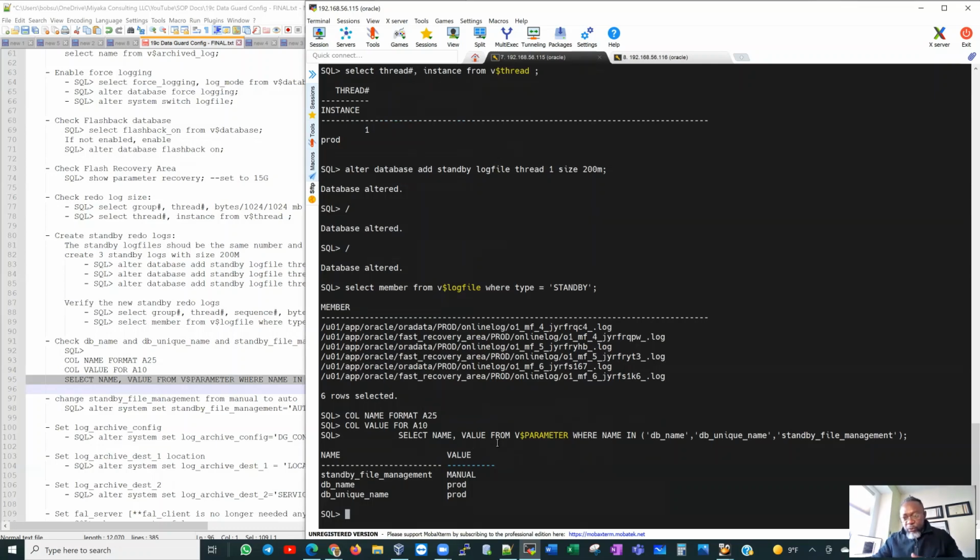Now there are 3 things I'm looking for in this command. I'm selecting name, value from the v$parameter view. This is a view that has information about all the parameters that have been set on the database. I'm looking for the DB_NAME, the DB_UNIQUE_NAME, and standby_file_management. And why is this important? In Data Guard,